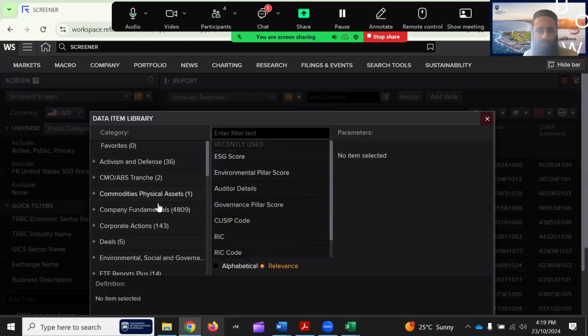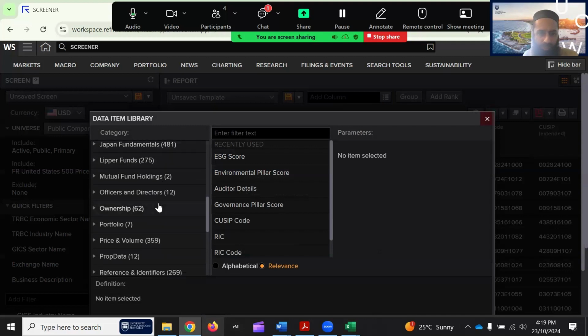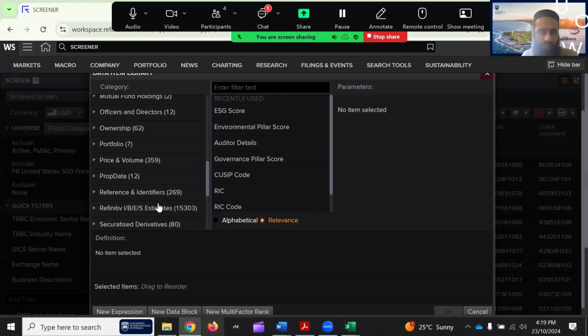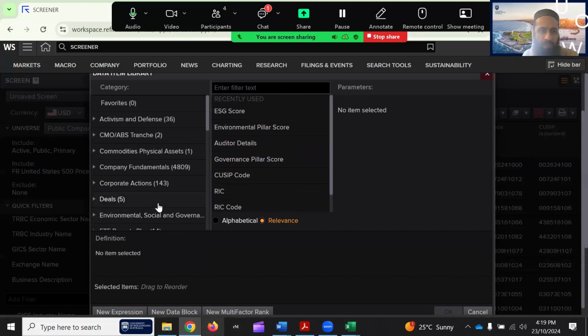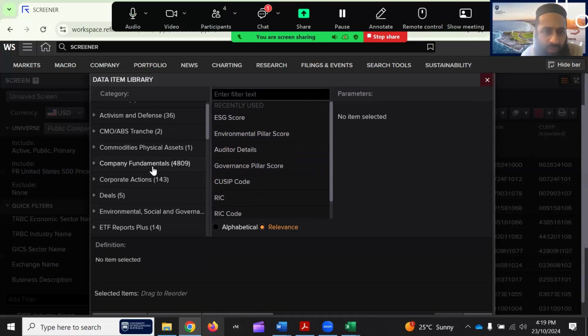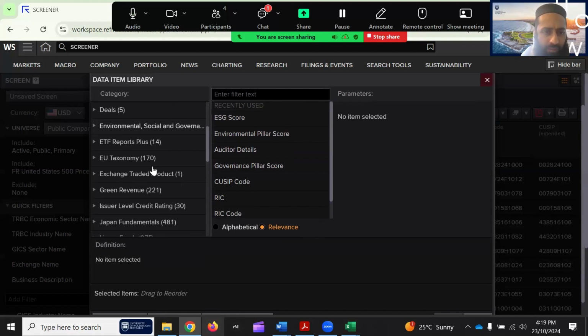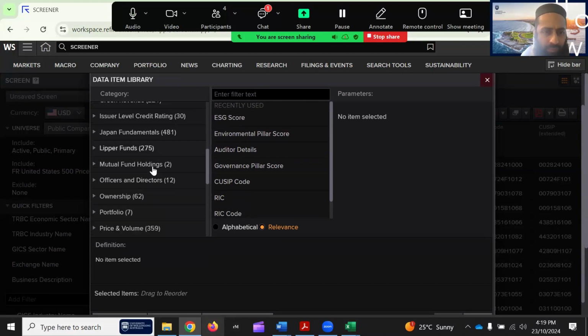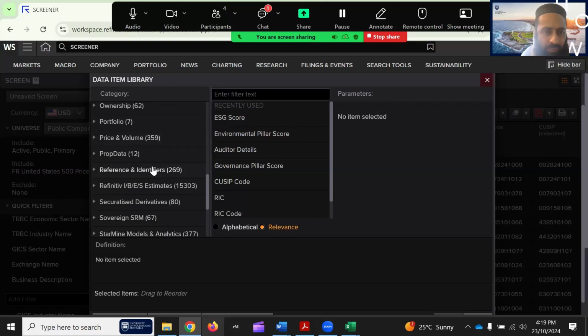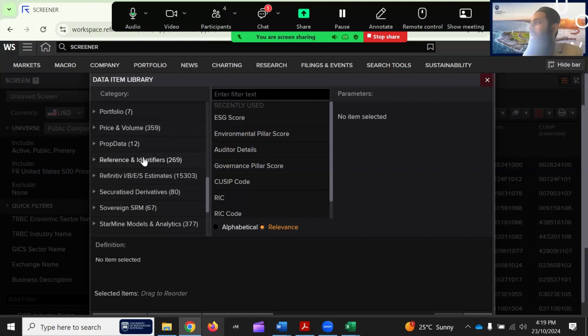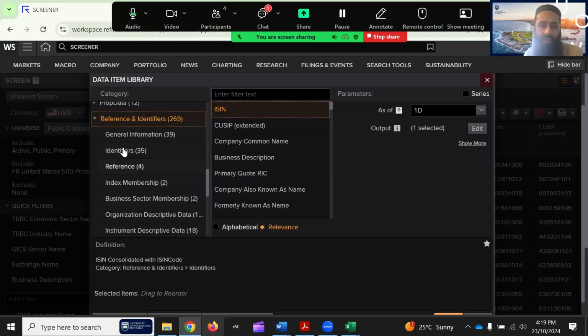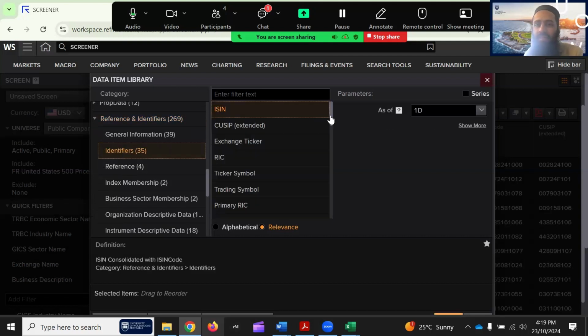And on the left-hand side, sometimes they give the identifier. Yeah, references and identifiers. So you can also come here and see, for example, these identifiers, 35. And these are the identifiers Refinitiv have. So if you are concerned whether they have the identifier, just come here.